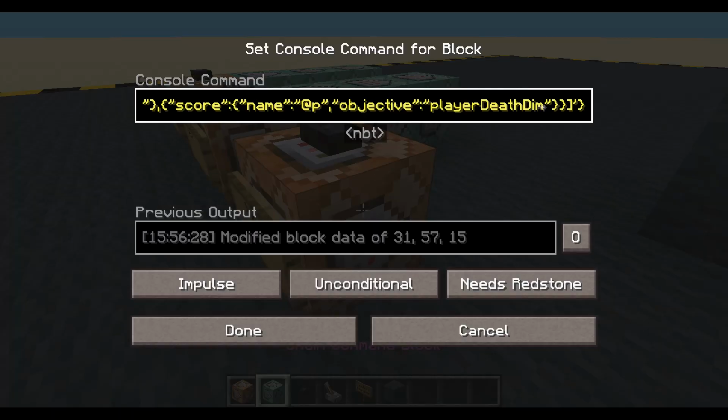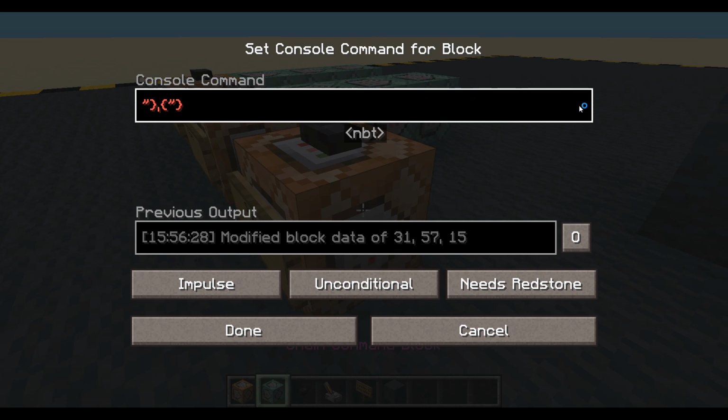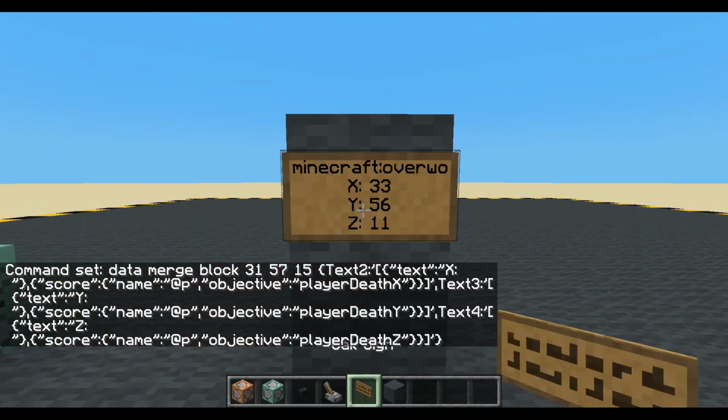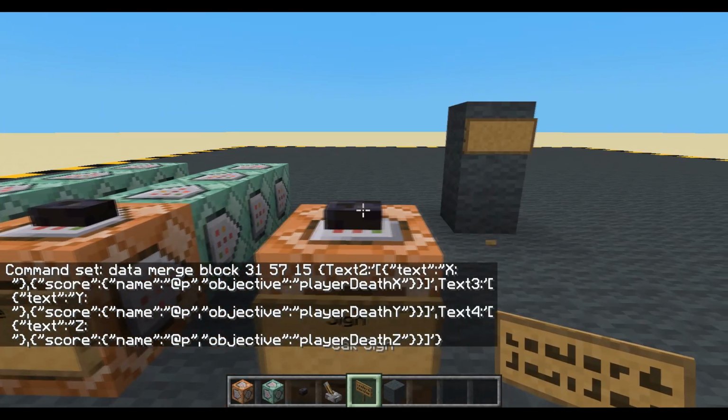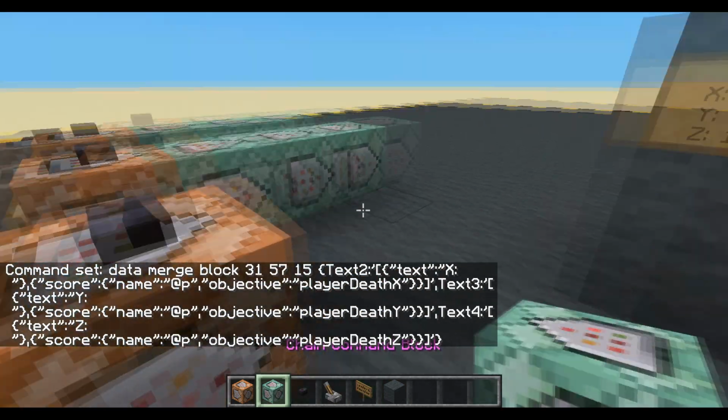So let's remove this bit. We don't want to put the dimension on the sign there. So we're just going to have 3. Let's get rid of that sign, put a new one, test that this works. Yeah, okay, so we're just going to have